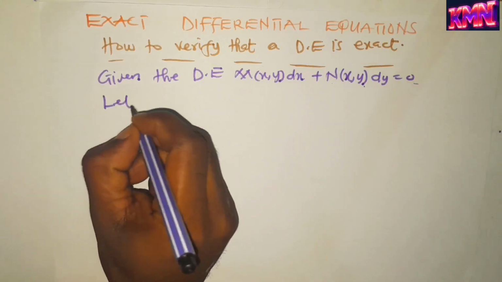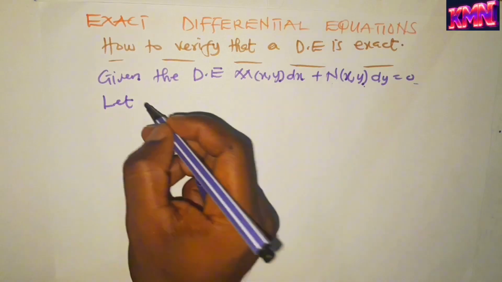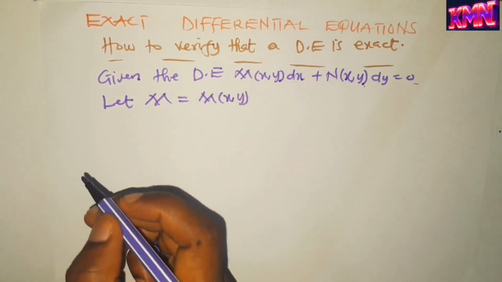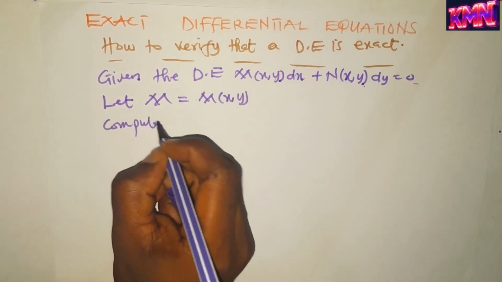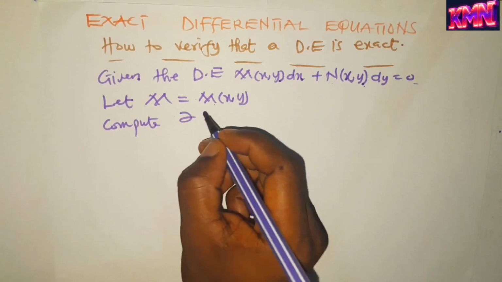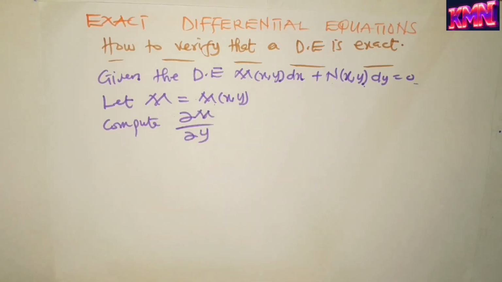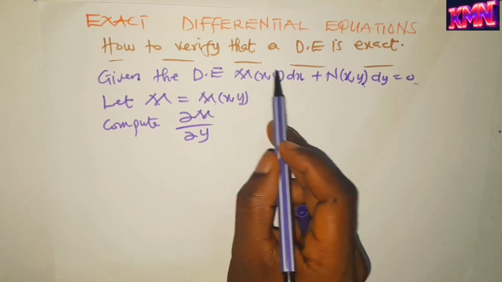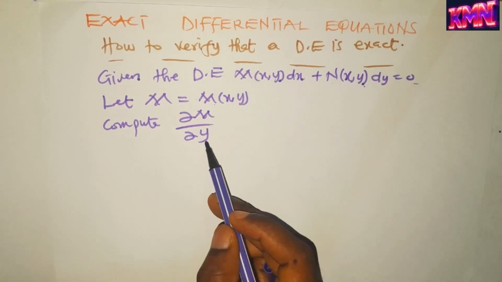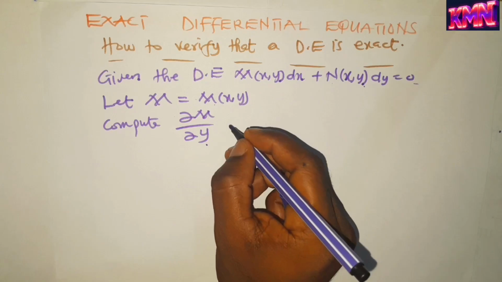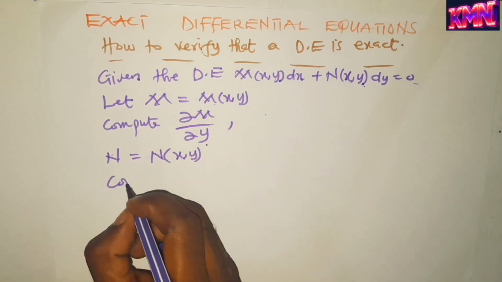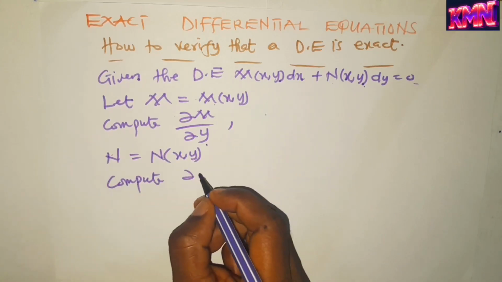First, we will let m equal m at xy, then we compute the partial derivative of m with respect to y. So we compute del m del y. Take note, we compute the partial derivative of m with respect to y. So here the x is attached to it, but we are going to compute with respect to what? y. And also we will let n equal n at xy,